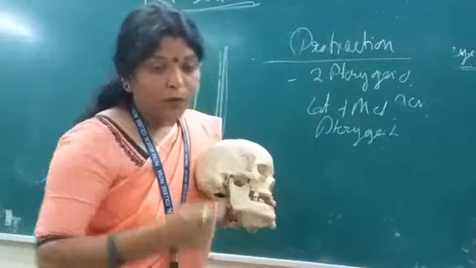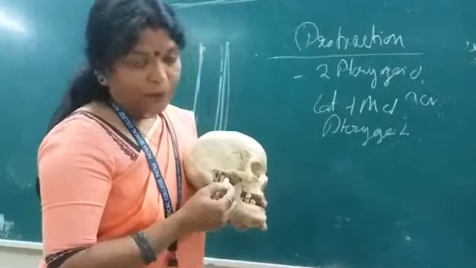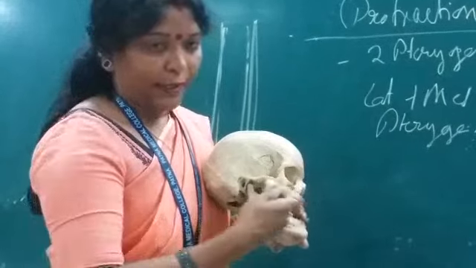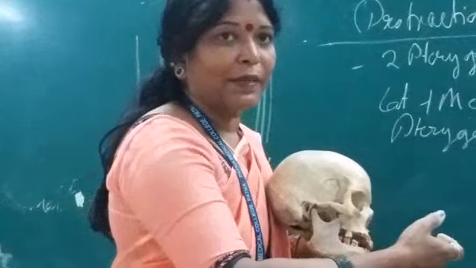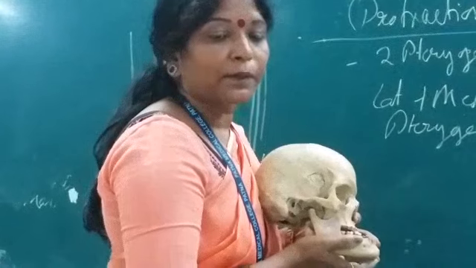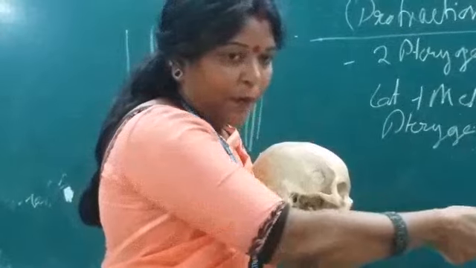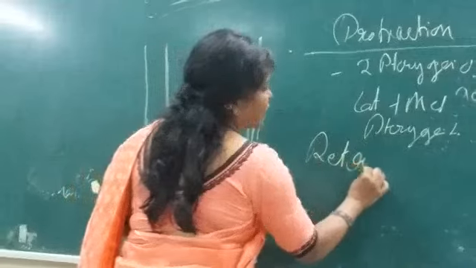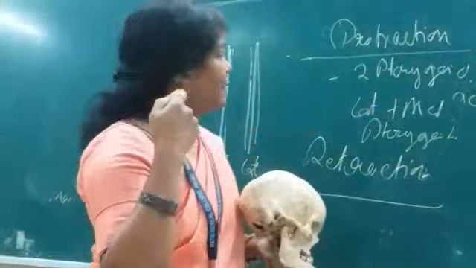Why? Because look, in the anteroposterior relation, here at the same level, here is the lateral pterygoid, here is the medial pterygoid. And the level of the origin is anterior. So when both muscles contract simultaneously, they will protrude, protract the mandible anteriorly. Now, when the protruded mandible has to be retracted, the posterior movement or the retraction, which muscle do you think will retract the protruded mandible?